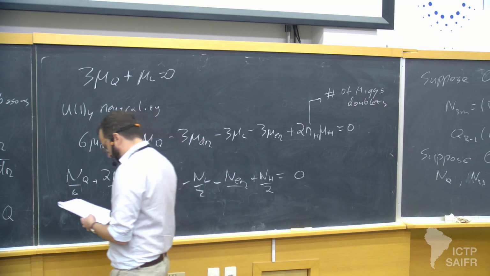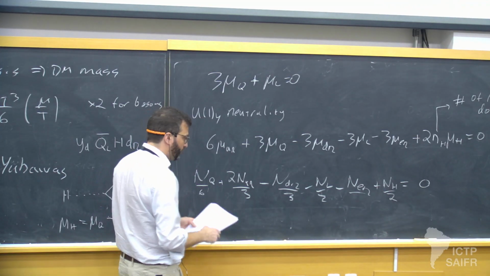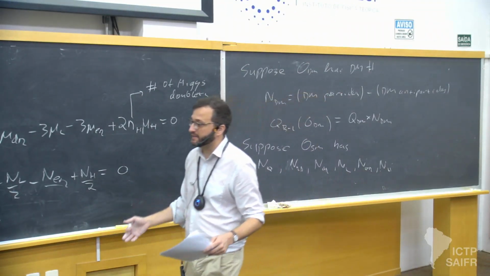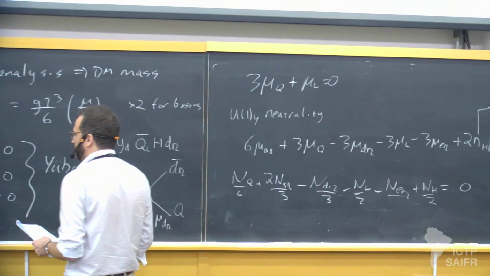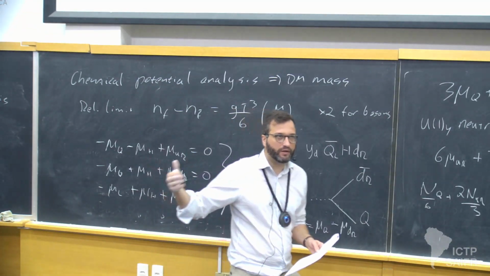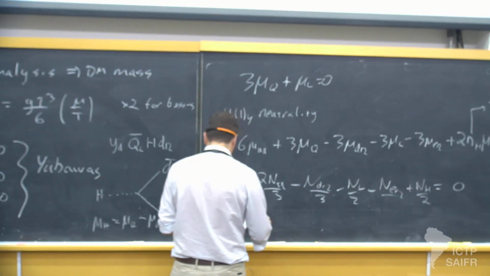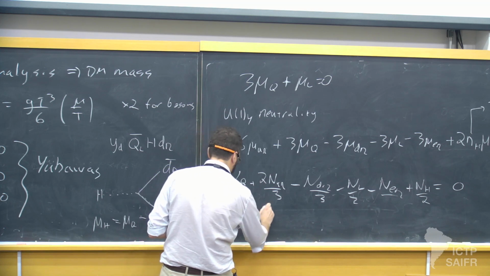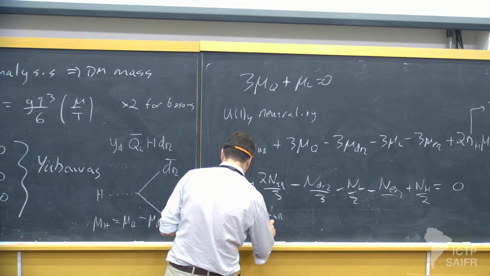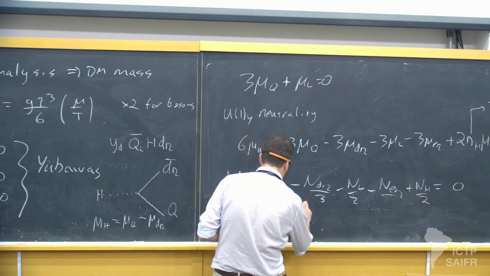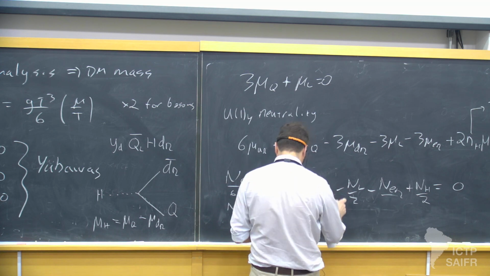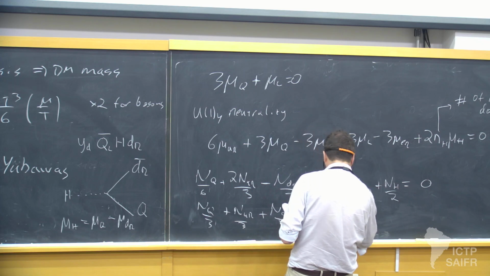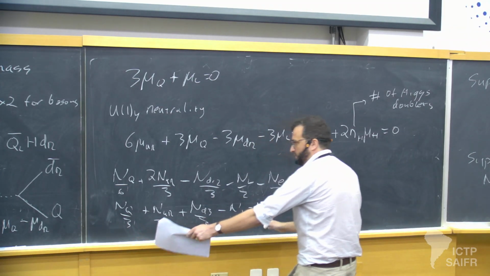Okay? And then finally, we also want this to be a singlet under the B minus L, the generalized B minus L, yeah? Otherwise, we'll have washout of the B minus L asymmetry we created. And this final condition then gives you that N_Q on 3 plus N_UR on 3 plus N_DR on 3. So it's just the same relation as before, but we're weighting by the B minus L charge. Okay? So these are all the standard model B minus L charges which could appear.